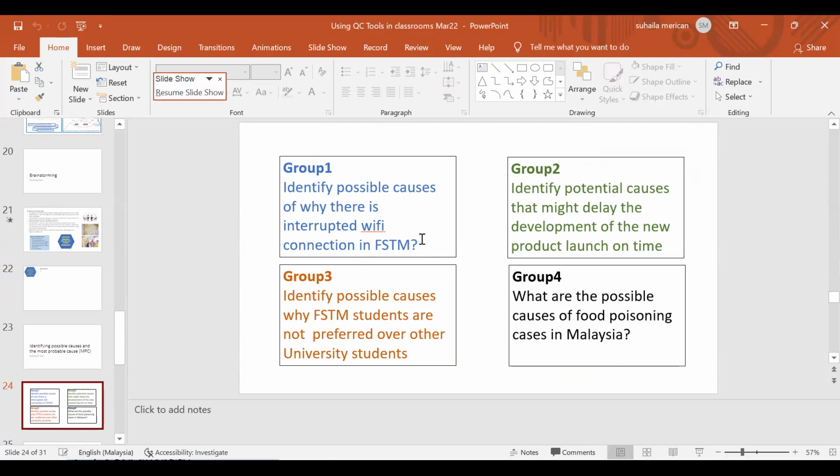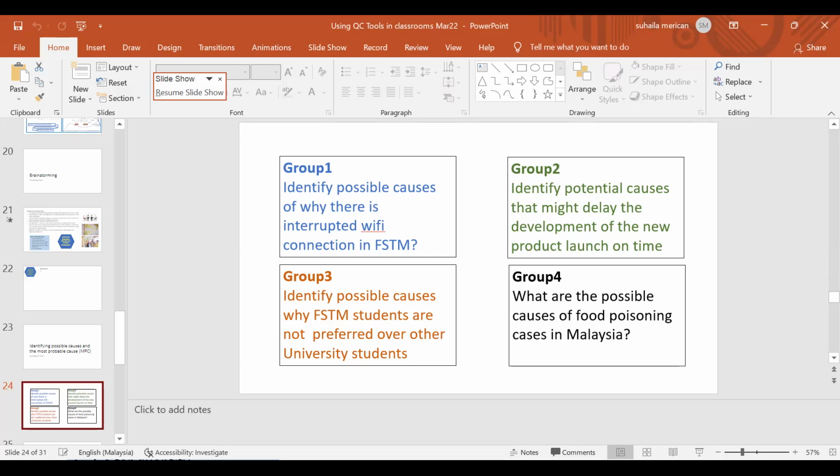You may want to try out and see how you can identify possible causes of why there is always an interrupted Wi-Fi connection in FSTM or any of your faculties. Okay, maybe you want to look into possible causes why our FSTM students are not preferred over other university